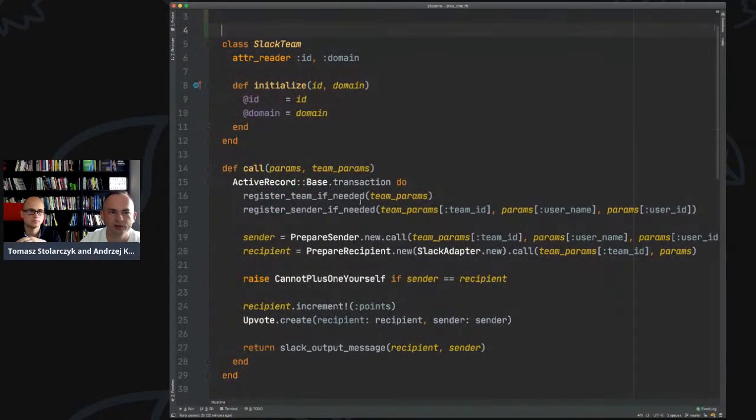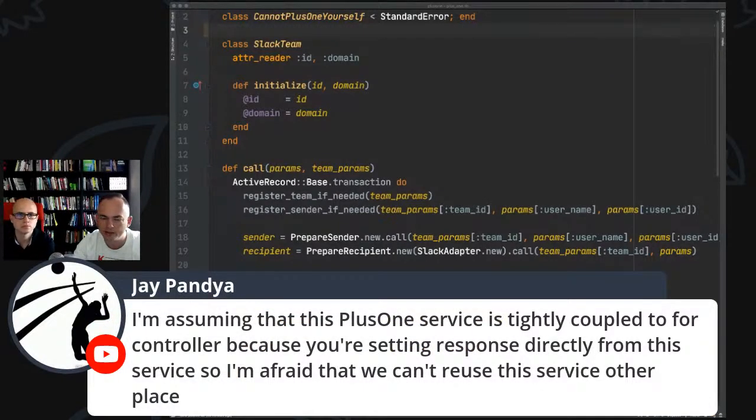We have a comment. Jay says, I'm assuming that this +1 service is tightly coupled to the controller because you're setting the response directly from this service. So I'm afraid that we can't reuse this service in another place. That's a valid comment and a valid concern. I'm still not sure.